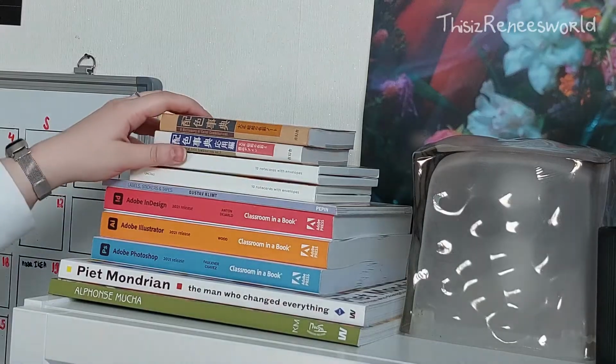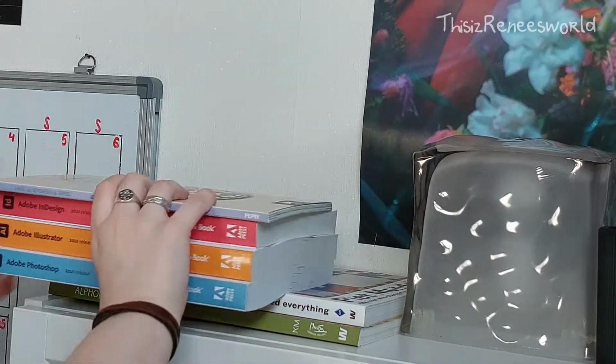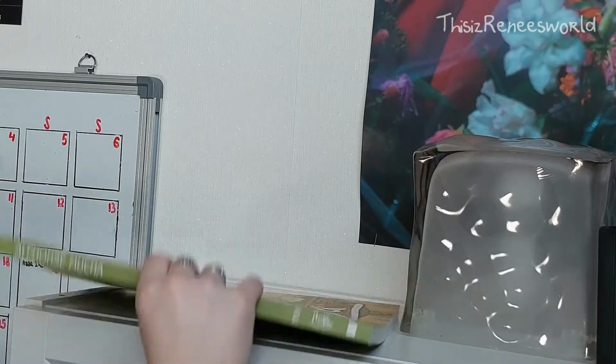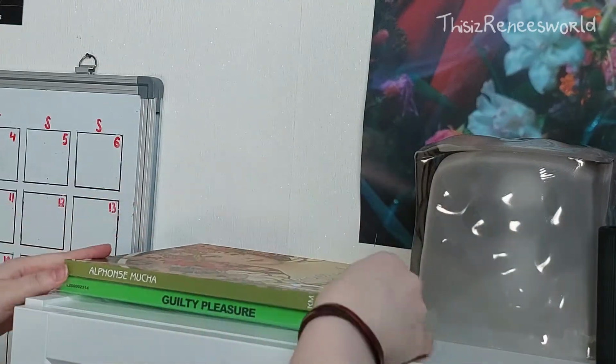I also had this idea of making a stack of items that were kind of in the green theme. I recently bought this art book of Alphonse Mucha. I think I pronounced that right, I'm not sure. So I had to put that in there, but